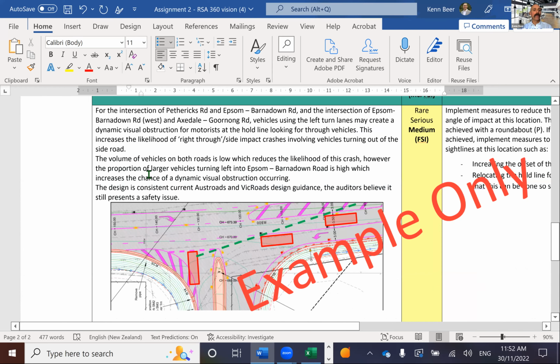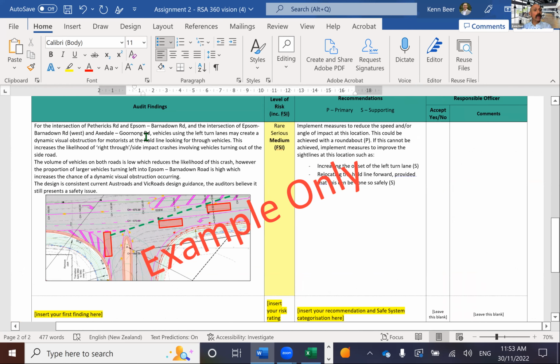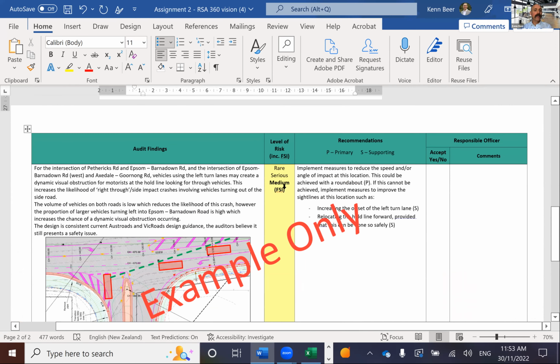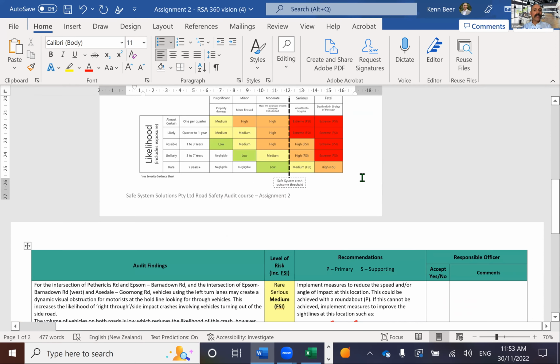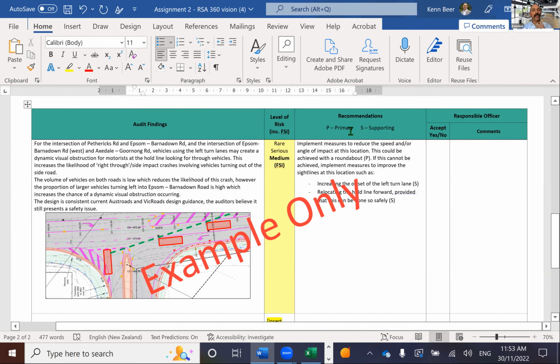Okay, you can see it's been written up. Use the formula or the recipe that I talked about. What's the issue? What's the crash that could happen? What are any risk factors? Are there any standards and guidelines that are relevant to put in there? That's optional. What's the risk rating, using the risk table here? What's the recommendation? And then categorizing it into primary, which are your things that virtually eliminate death and serious injury